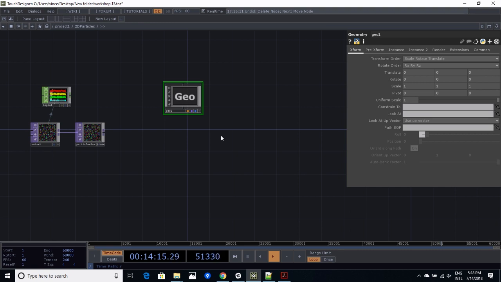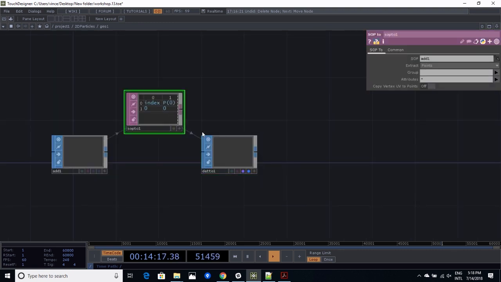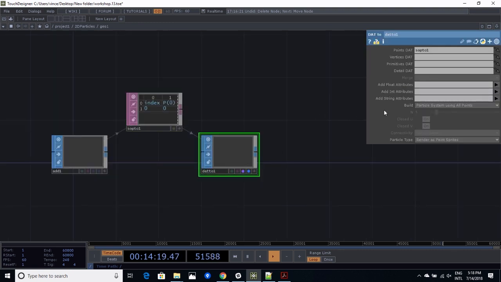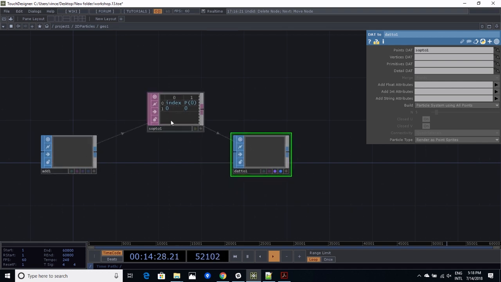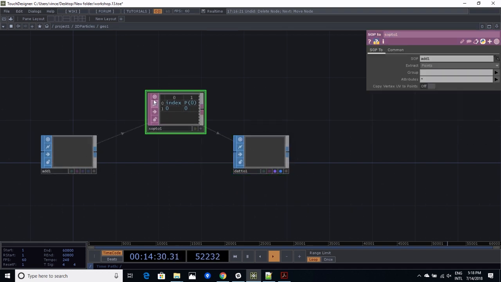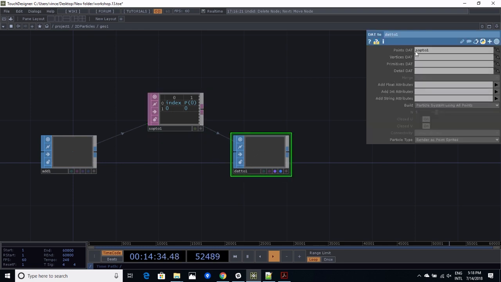It tells me I have a bad path. So you want to make sure you point the Sub2 to the points. You have the little arrows, so the Sub2 points to the Add 1, and the DAT2 points to the Sub2 one, and you change the type to